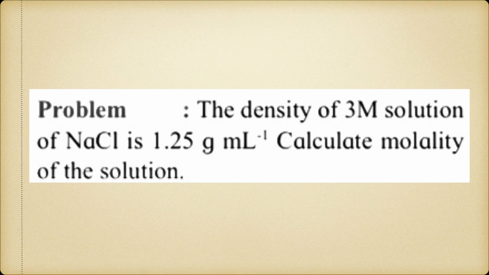Okay, so number of moles is known to us. It is very simple. It will be 3 moles in 1 liter of the solution. By 3 molar solution, what can I understand? It is 3 moles in 1 liter of the solution. But I want the mass of solvent in kg. So that we have to find out. If that is known, everything is simple.